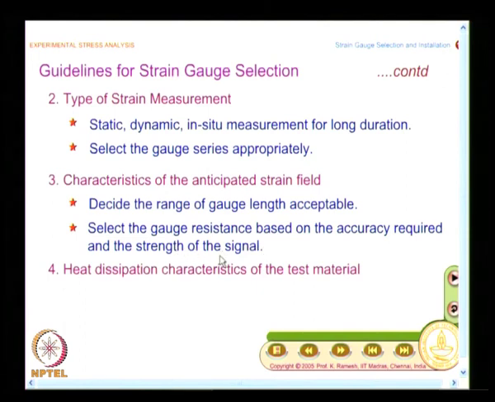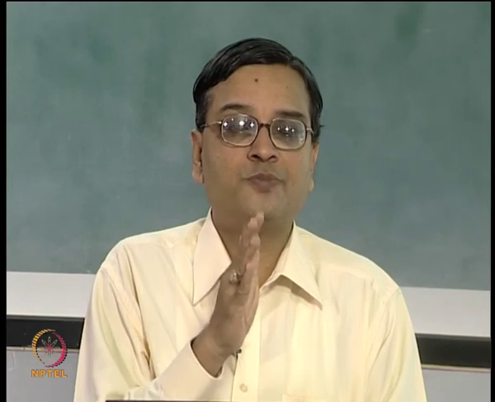So, this is where I said when I am talking about strength of the signal, when you are designing a loading rig for you to test your component, you select the load in such a manner that at the point of interest you should be able to get at least 100 microstrain, because we have seen many of the installation aspects, like if you do not connect the lead wires as a 3-wire circuit, if you do only a 2-wire circuit, a small temperature change itself can give you an error of 156 microstrain.